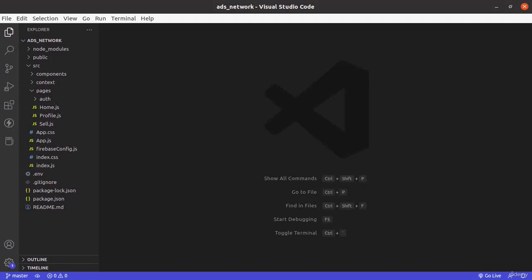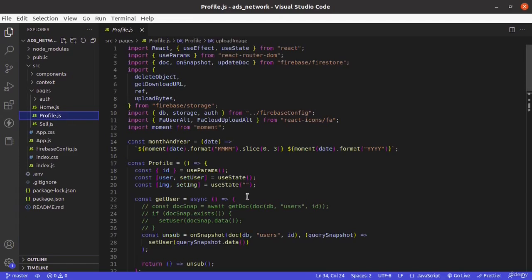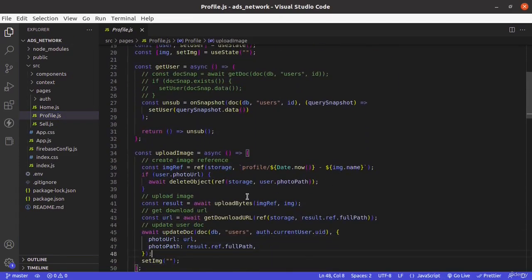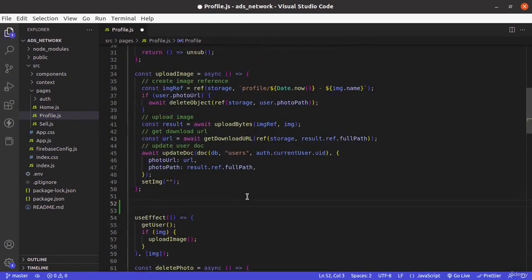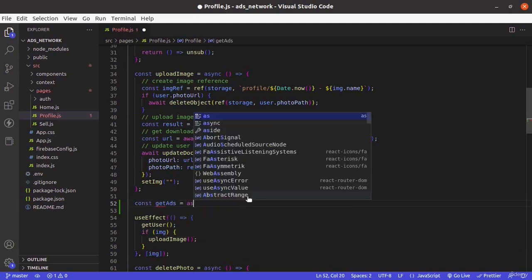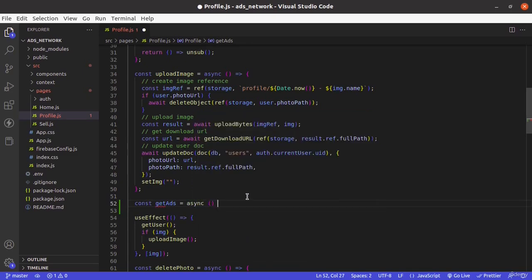In the last lesson, we worked on create ad feature. Now let's display ad created by seller on his own profile. So here I'll create a function get ads. Here we need to fetch ads where posted by field is equals to currently login user ID, and